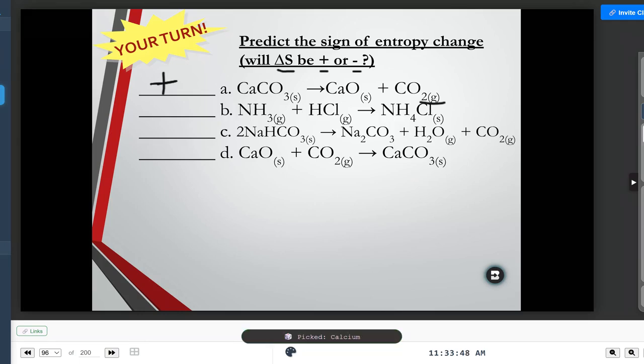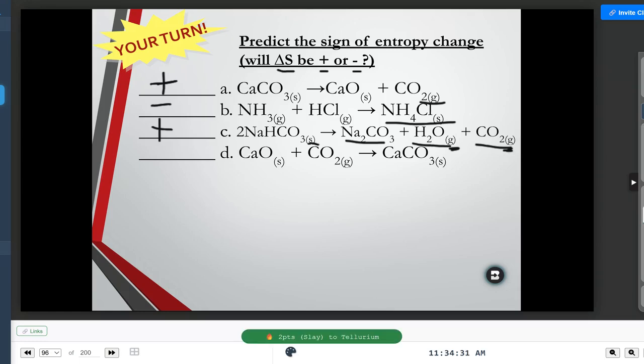Let's go with calcium. Because negative, she says? Yeah, being more localized, becoming a solid, and a single particle from gaseous particles, which are two. Excellent job. Way to go. Right. Let's go with tellurium. Okay, saying positive. Why? Good, it's because it's becoming more dispersed. We have these multiple particles now. And also we went from a solid and then we have gases now as well, right?